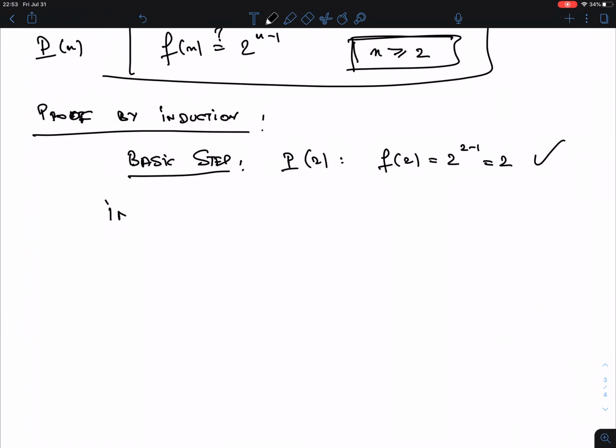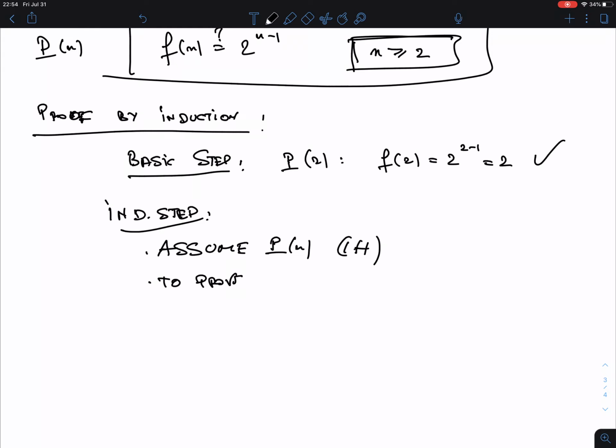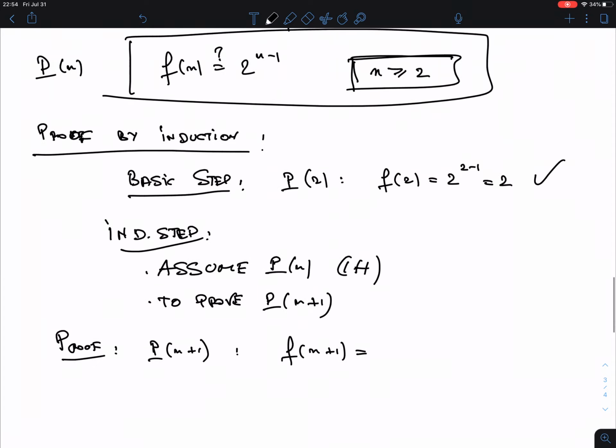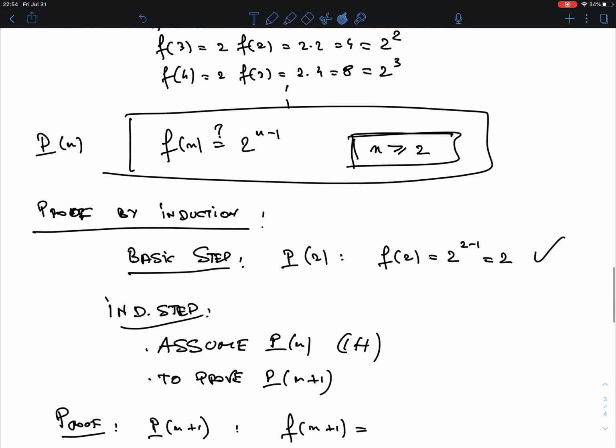Okay. Induction step. So assume P of n, that's the induction hypothesis, right? Write it here, induction hypothesis, IH, to prove P of n plus 1. I can use strong induction, but you'll see it is not necessary here. Okay. Let's carry out now the proof. P of n plus 1, what does it say? P of n plus 1 says that f of n plus 1 should be given by this formula here, and the formula says